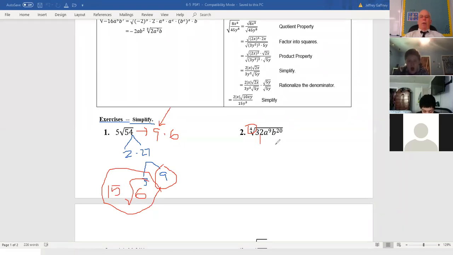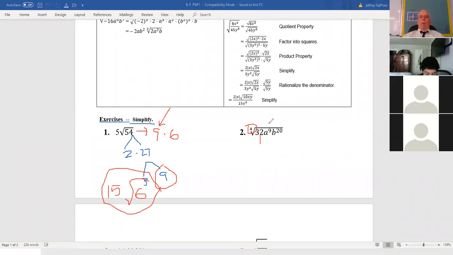Factor out as many 2's as you can. 2 times 16, then 2 times 8, and then 2 times 4. So I know there's 4 2's in there. Somehow you can get out of there. 8 to the 9th is the same as 8 to the 4th times 8 to the 4th times 8. So there's two 8 to the 4ths; 8 to the 4th squared comes out as 8 to the 4th. What comes out front of that radical is 8 to the 4th, and apply the same thought process to